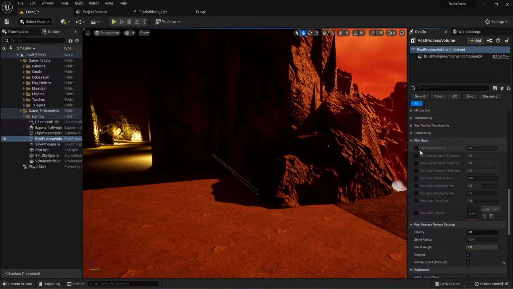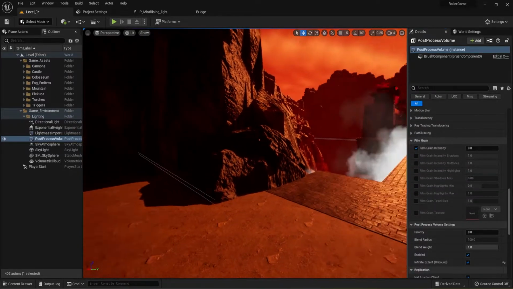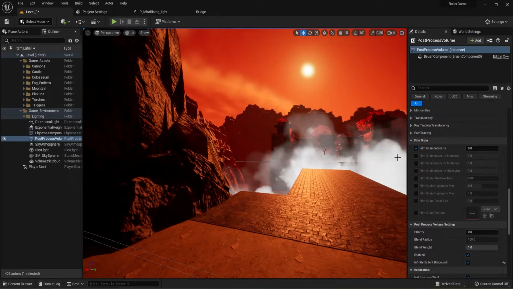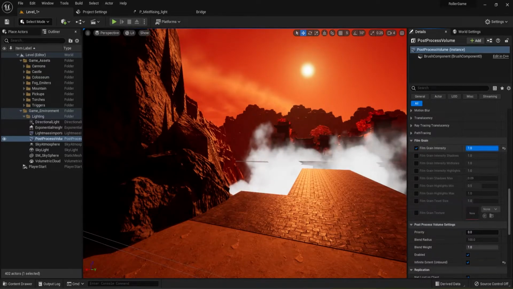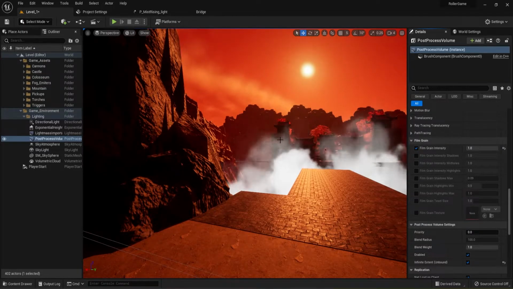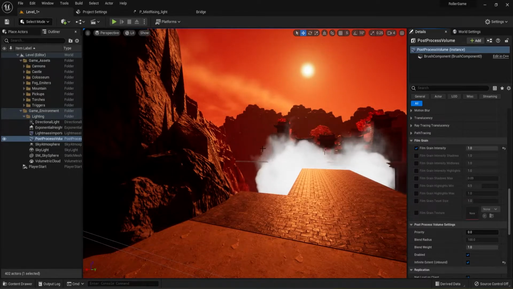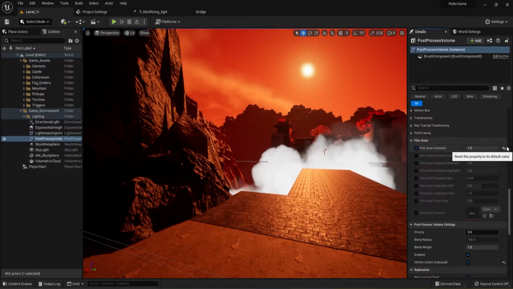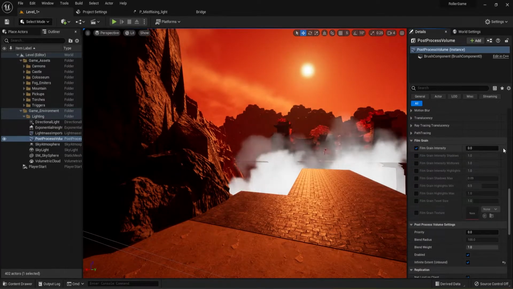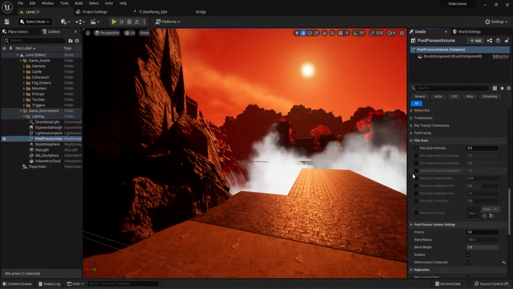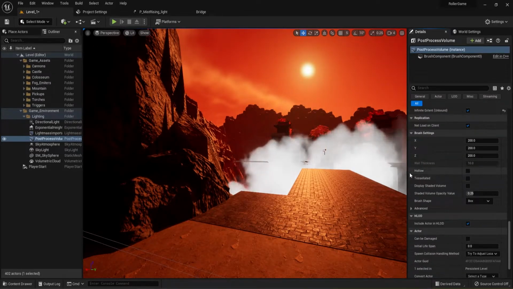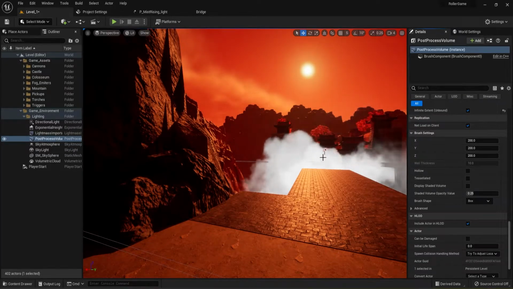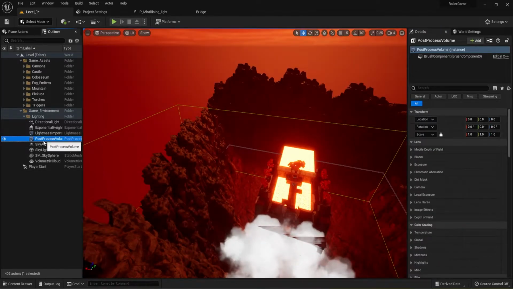You can play with film graininess, so you can make it look more like it's an older film. And if I, let's see here, find some place and turn this up a little bit, you'll see that it gets a little bit more graininess here. So kind of like it's being shot on an older style film. And there's all kinds of things you can adjust for that. And if I turn it off, you can see that graininess, how it becomes more sharp. So all kinds of things you can play with. Again, all this is post-processing stuff, and that's what the post-processing volume does when you drag that in and bring it into your system. Thing I forgot to tell you with the post-processing